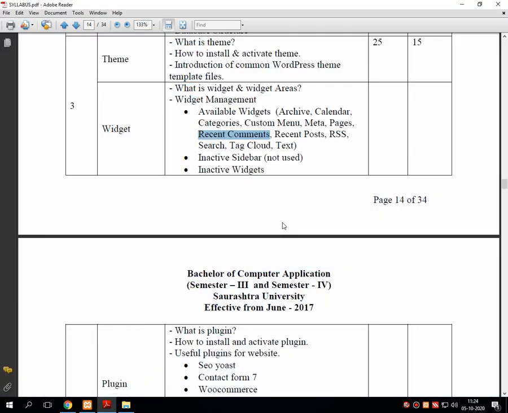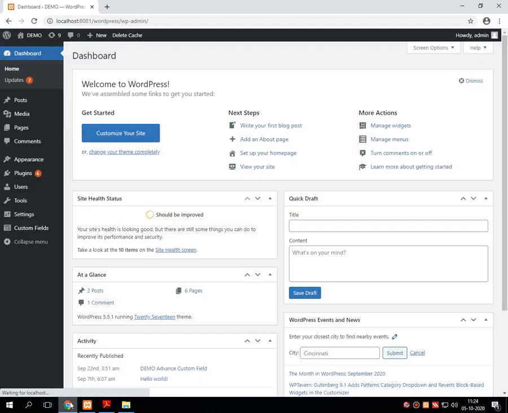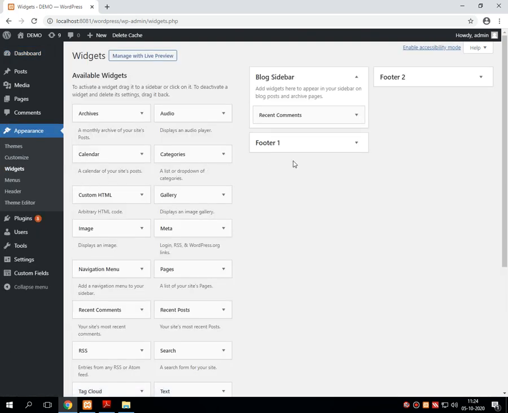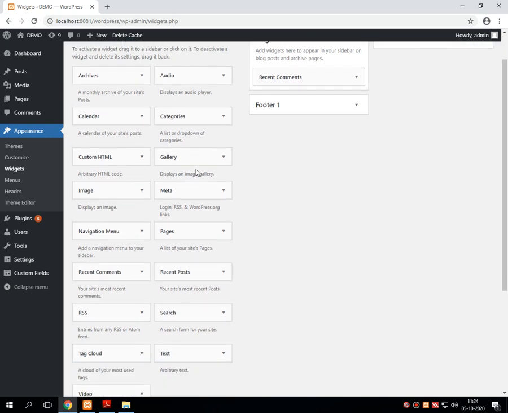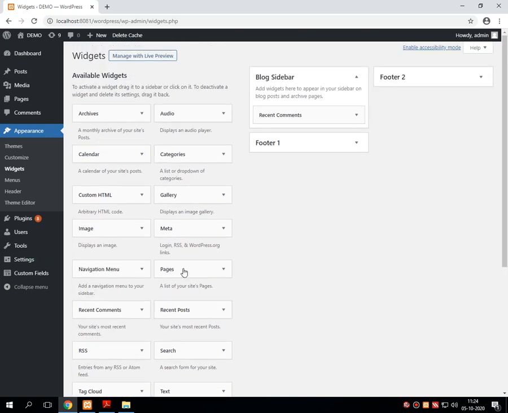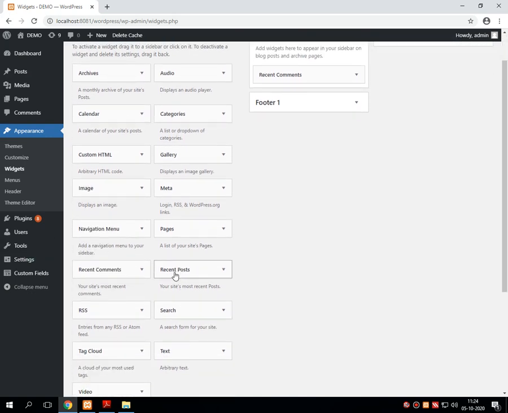Now let's continue with some other widgets which are pre-installed by WordPress when we install the software itself. For that, just go into Appearance and Widgets. In the list of widgets there is a recent post.